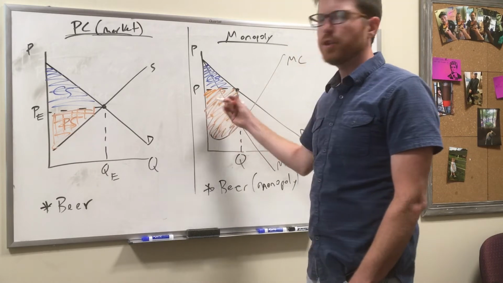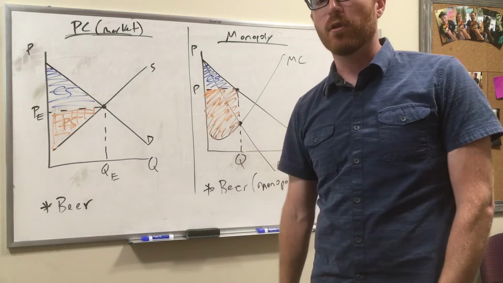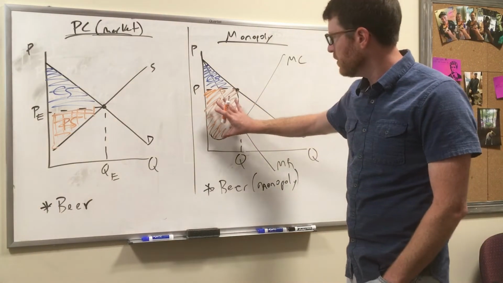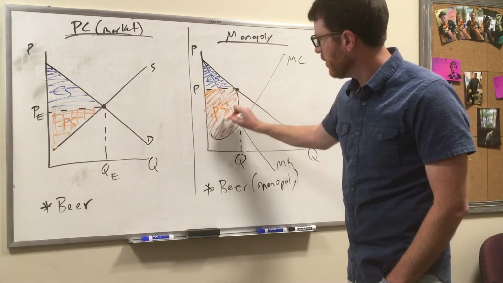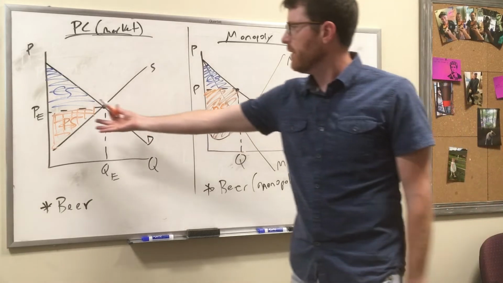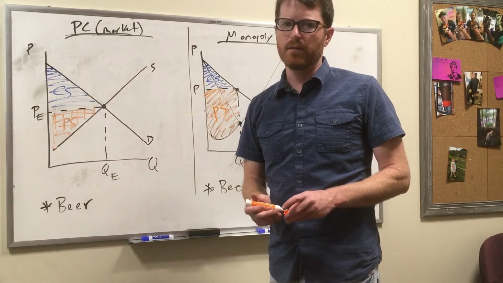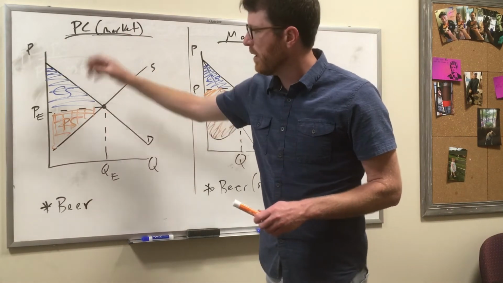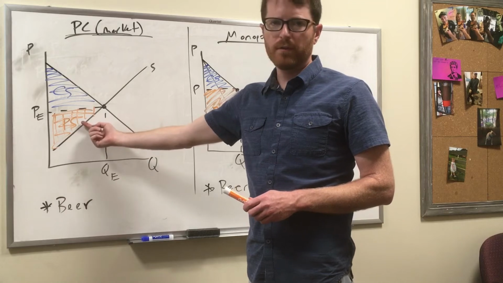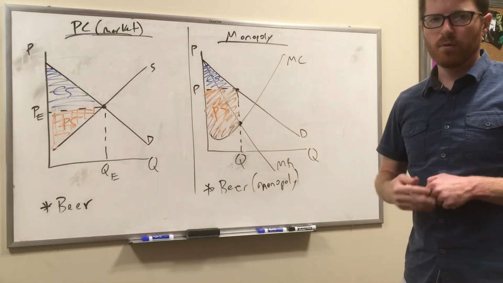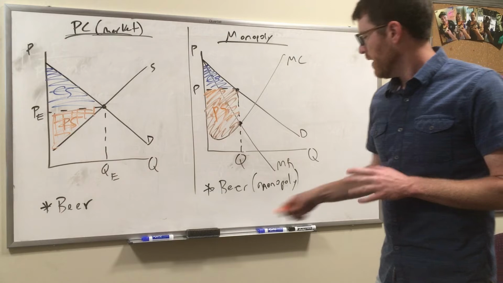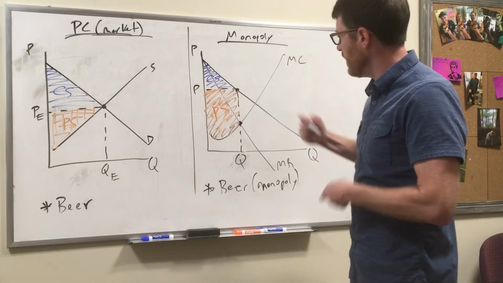For the monopoly, you'll see that the producer surplus is going to be this area here. Turns out it's kind of a weird shape that you're not going to have to solve for graphically. But it ends up being this shape in here. This is our producer surplus. And that is bigger than the amount that the perfectly competitive firm gets. All right, so the perfectly competitive market will get a producer surplus, but there's a bigger one when we're thinking about a monopoly. And that leaves us with this area in here